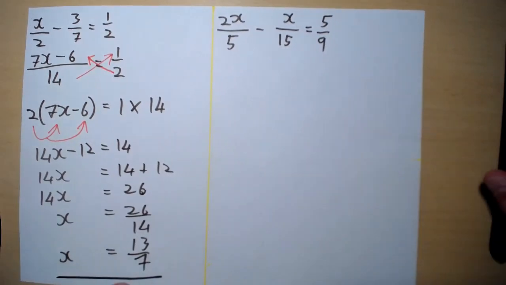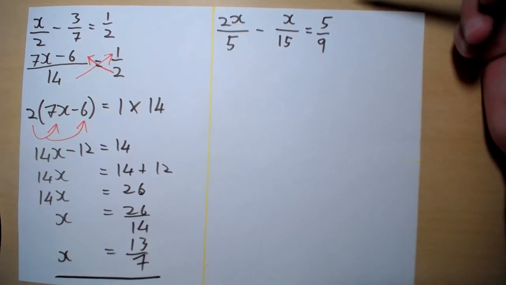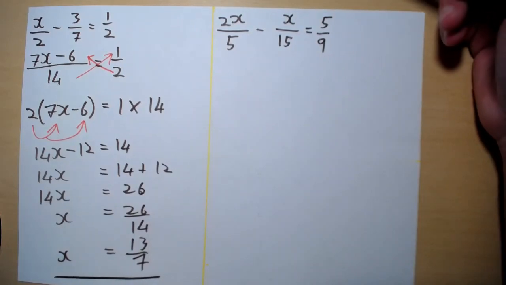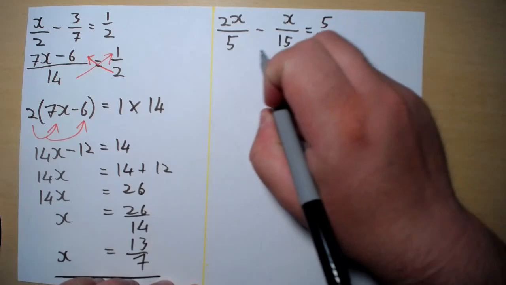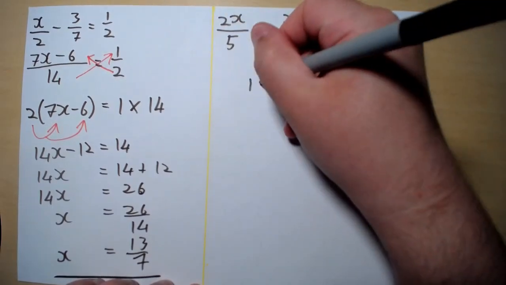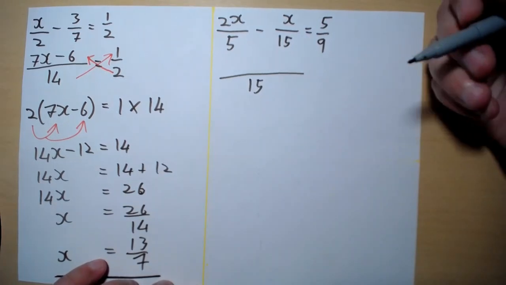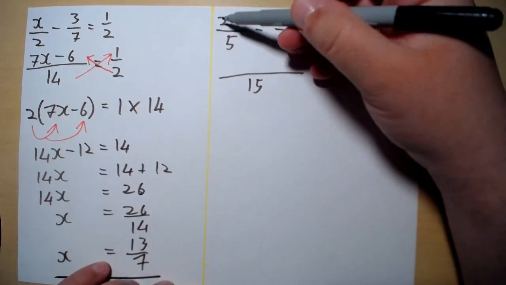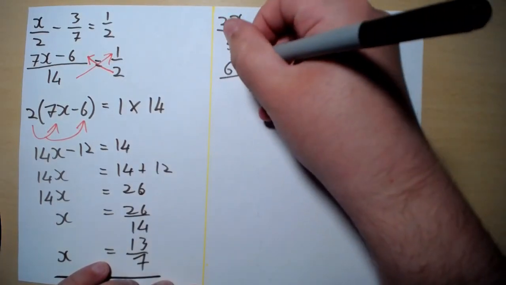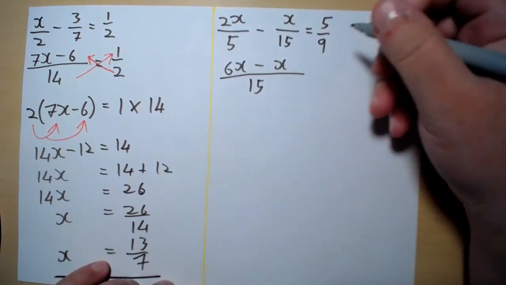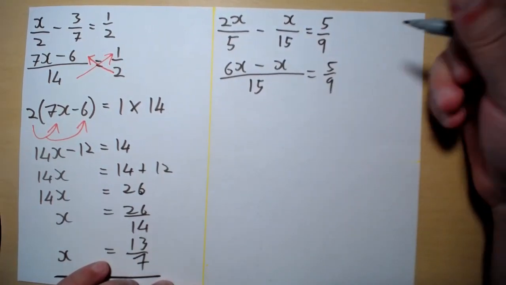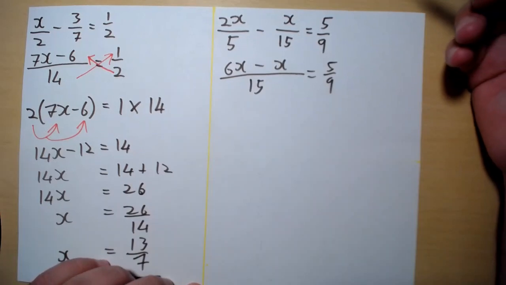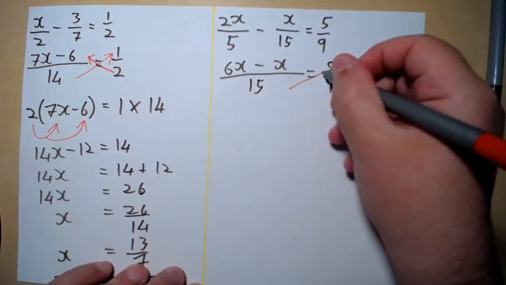We have another example here where we have 2x on 5 minus x on 15 equals 5 on 9. To do this, we find common denominator for these two fractions, which is 15. To convert 5 to 15, we multiply by 3, so we multiply the numerator by 3 to get 6x minus x equals 5 on 9. Note that here I haven't touched this numerator because it was already all over 15. I can now do cross multiplication,